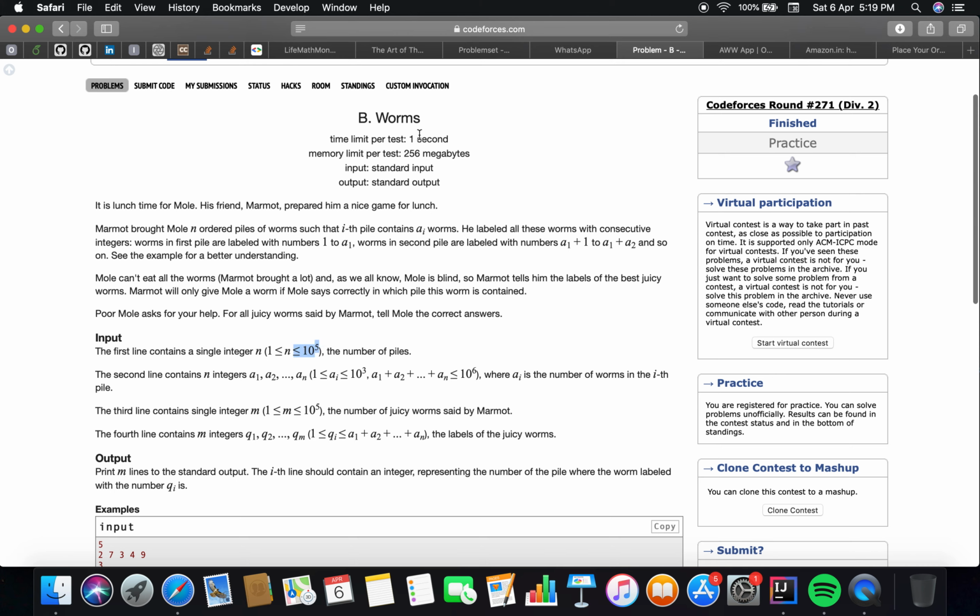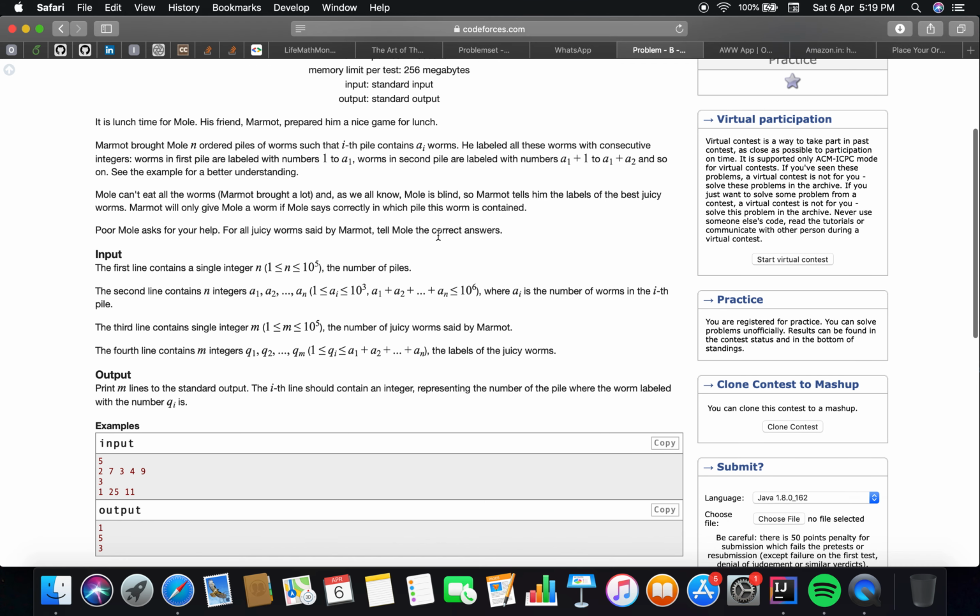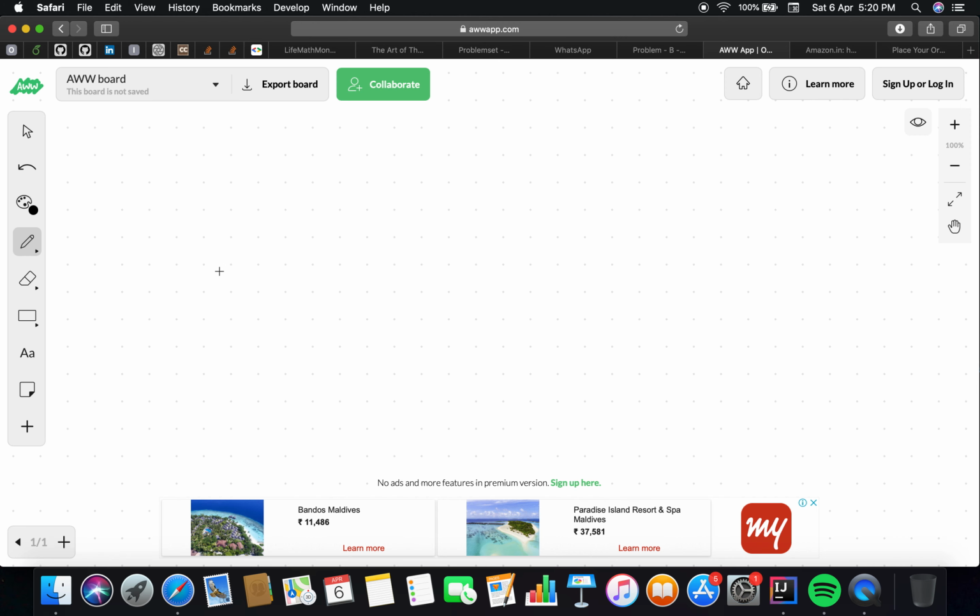So basically it is all about the problem of worms, and as I see, these are very big numbers and the time limit is 1 second. So I think you have to fight to pass the TLE here, as I was also solving this earlier and I had to fight with TLE for this. So let's just copy an example and go directly to the whiteboard to discuss how it is working. There are five piles initially,